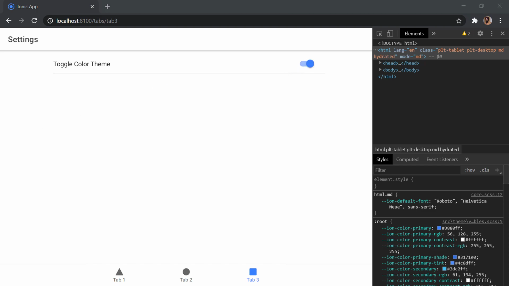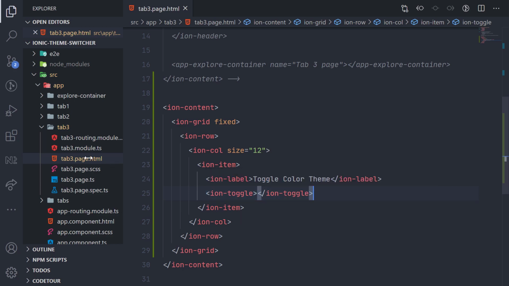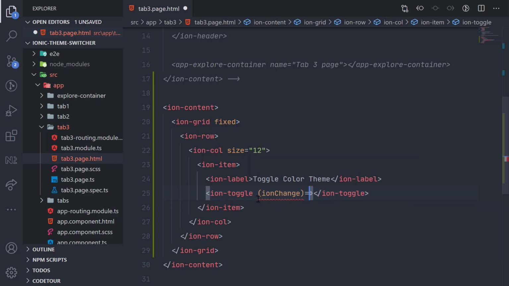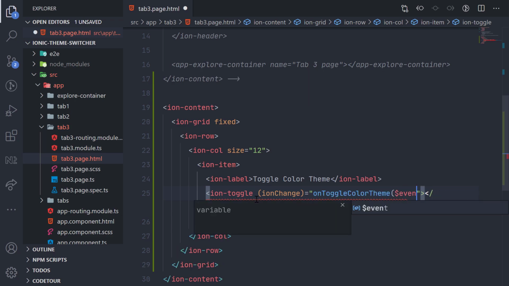So now what we can do is, inside of our editor, we can actually listen for this toggle. So we can do ionChange, and here onToggleColorTheme. So that is the function that we will create, and then we have to pass the event.